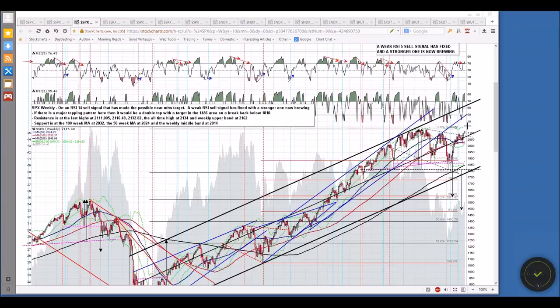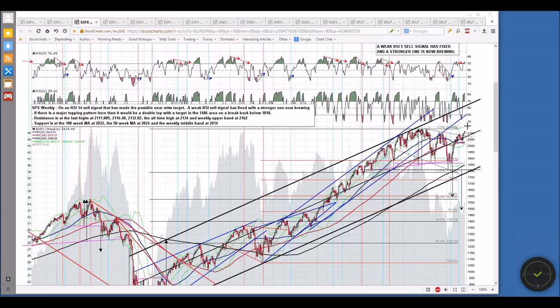Okay, so this last wave up should be a 3. And in my opinion, if this is the 5th wave, we're putting in A of 5 right now. We're about to turn and put in B of 5, and then we're going to put in C of 5. And why am I saying that? Well, because we broke 2111. We broke 2111 on the S&Ps.